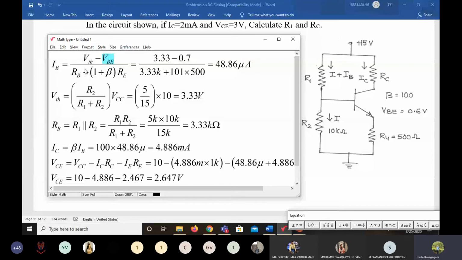Is it clear? So in order to get the R1 value, if you know the RB value and R2, which is given in the question as a 10 kilo ohm resistor, you can easily calculate R1. Out of the three factors, if two are known, you can calculate the third. But we don't know the RB value. To calculate RB here, again you have to know this VThevenin. So for that, this is the previous problem here. One minute.